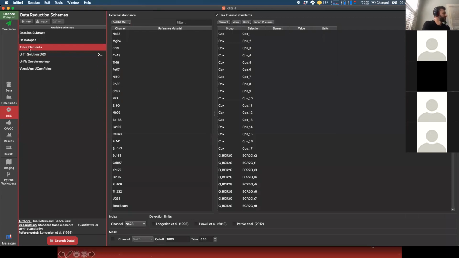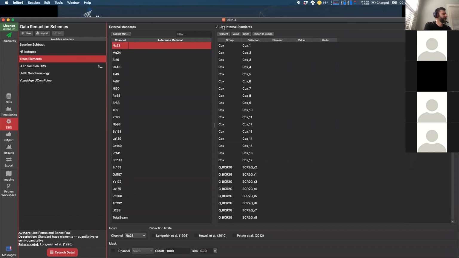When you click on the trace elements DRS, it brings up the settings panel for this DRS. For trace elements, it's broken up into about 3 different parts. There's the external standards part over here, which has a table for each of the channels and which reference material you want to use for each channel. Then on the right-hand side, it has the internal standard side of things. So if you don't want to use internal standards, you can uncheck this button up here. This is how you'd use it in the semi-quantitative mode. So if you uncheck that button, you can see it's running in semi-quant mode, and you don't have to specify